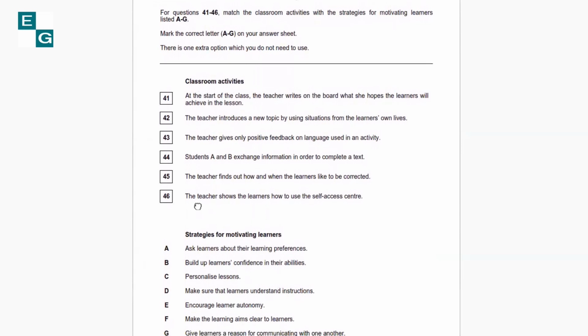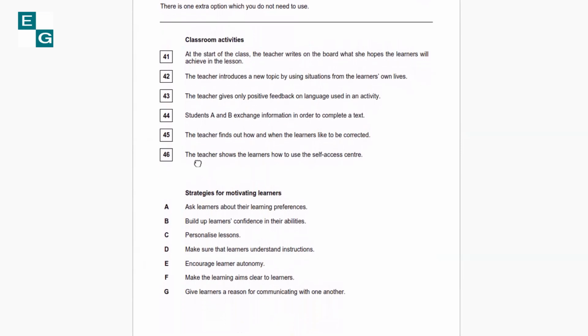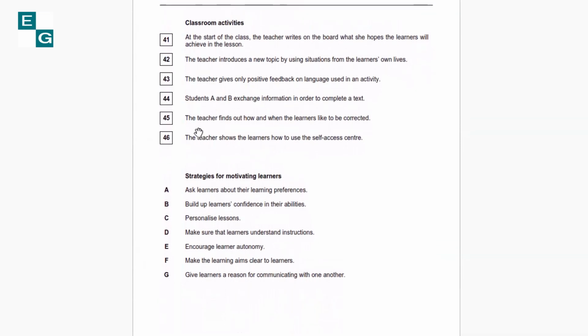For questions 41 through 46, match the classroom activities with the strategies for motivating learners listed A through G. Mark the correct letter, A through G, on your answer sheet. There is one extra option which you don't need to use. So we have the classroom activities and the strategies for motivating students. And it says,